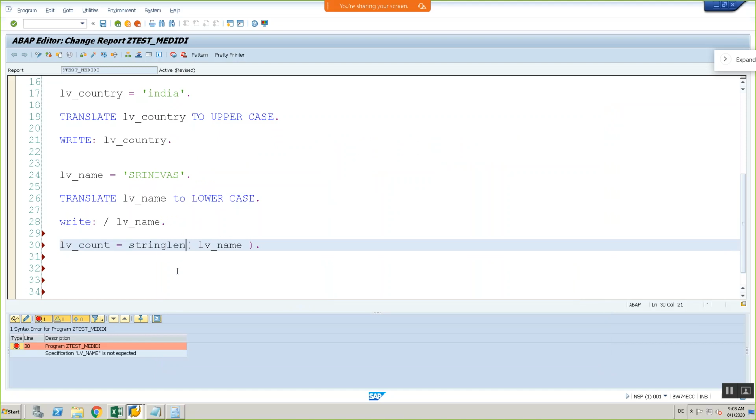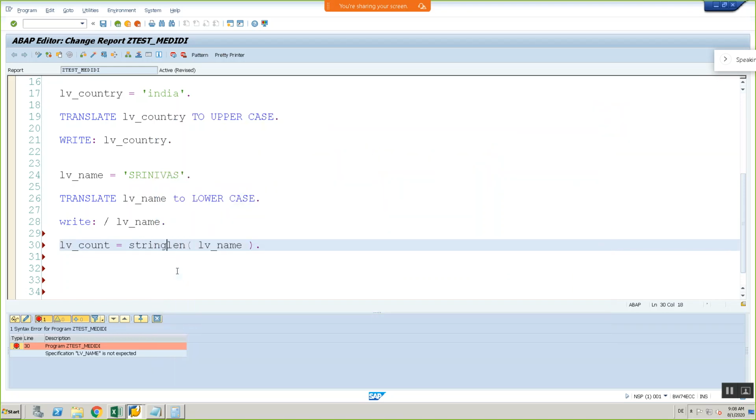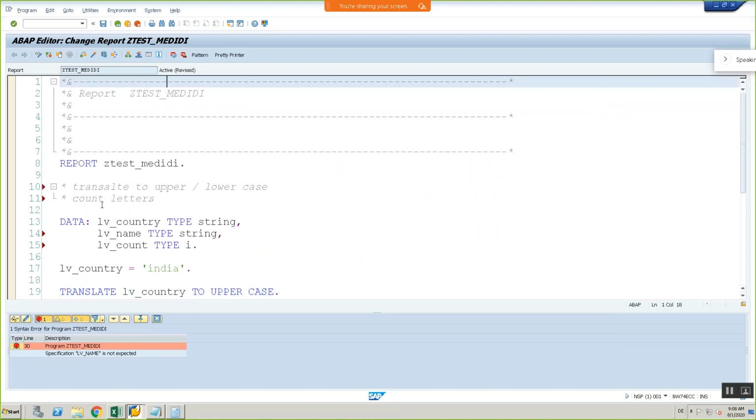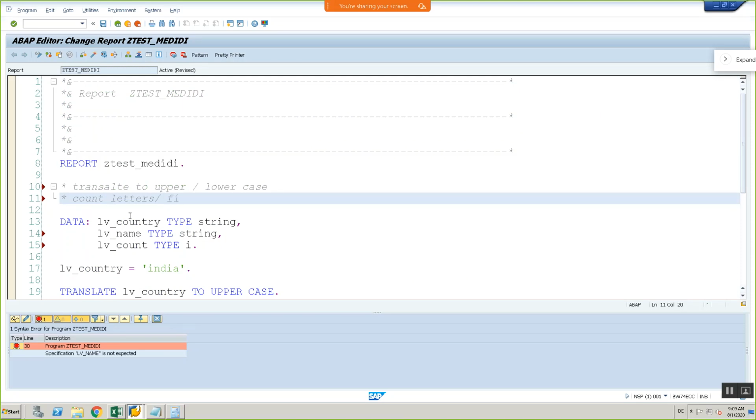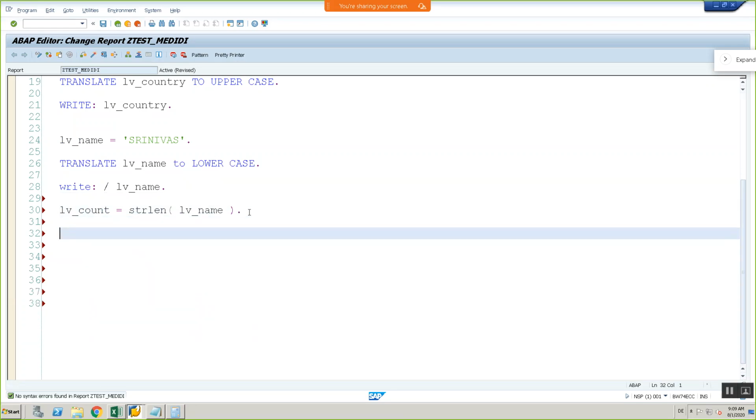strlen. Sorry. String length. Okay, so finding string length. Okay, LV name, right?